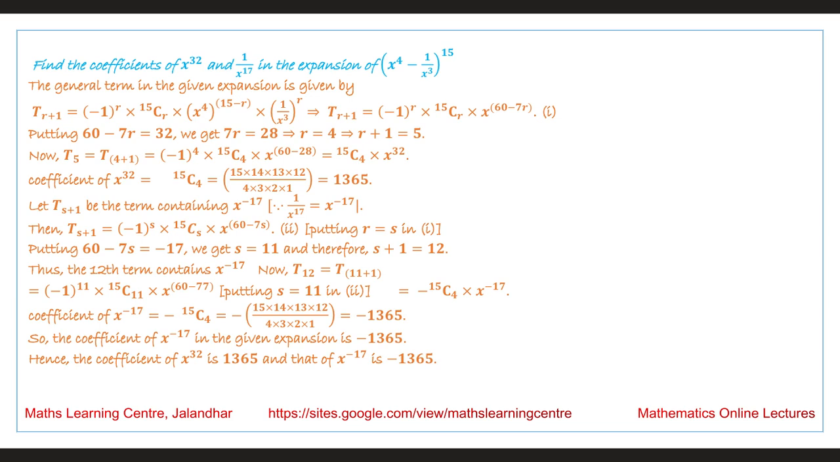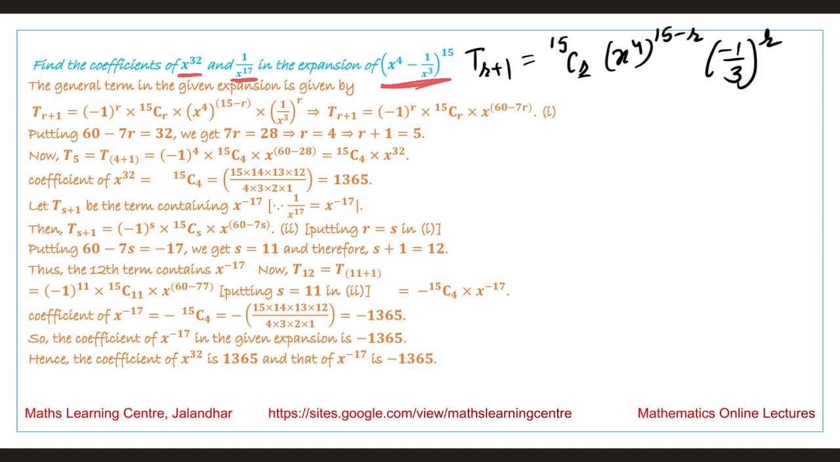Next is, find the coefficient of x raised to the power 32 and 1 by x raised to the power 17 in the expansion of this term. So again, the general term for this expansion, we are talking about the term T(r plus 1), it is 15Cr, x raised to the power 4 raised to the power 15 minus r, and minus 1 by 3 raised to the power r. So we are writing this is equal to minus 1 raised to the power r,